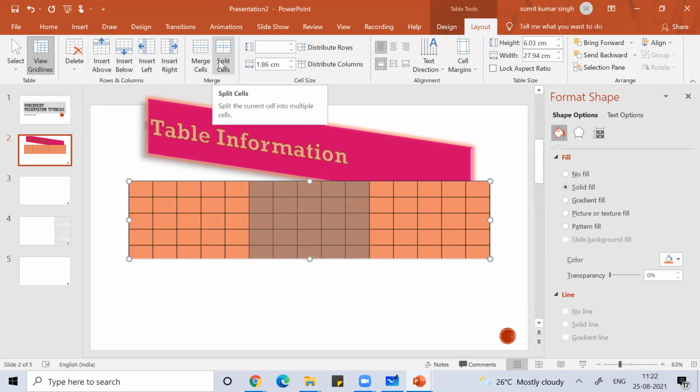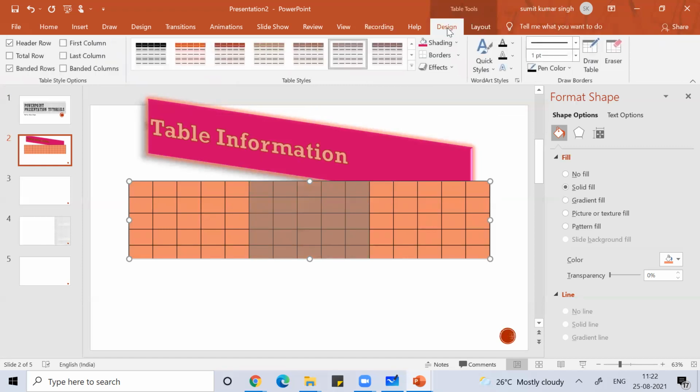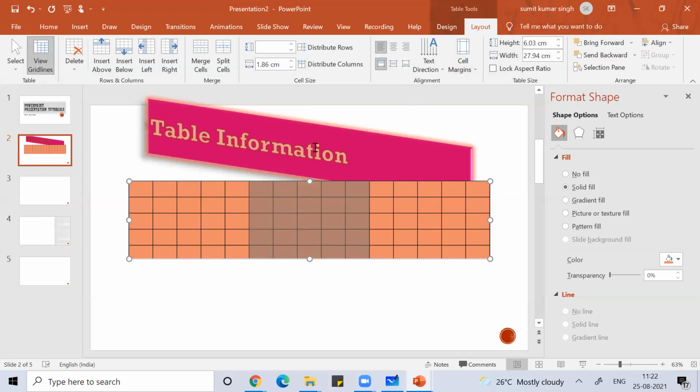To work on a table, you get two tabs. Okay everyone, you get two tabs to work on a table. You can work on a table very easily. You can work on tables like this. You add rows, columns, merge cells, all that you can do. Design, Layout, you can learn about them. This is just an example I showed you, called a table.